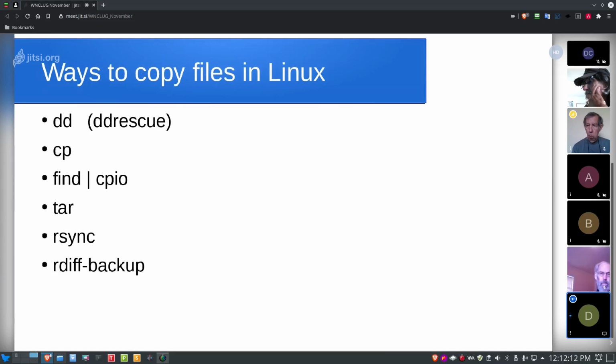Rdiff-Backup is like rsync, but it's different in that not only does it make an image of the source directory tree, but it retains indexes to what has been displaced, so that you can then go back later and recover not only the last thing that got backed up, but also